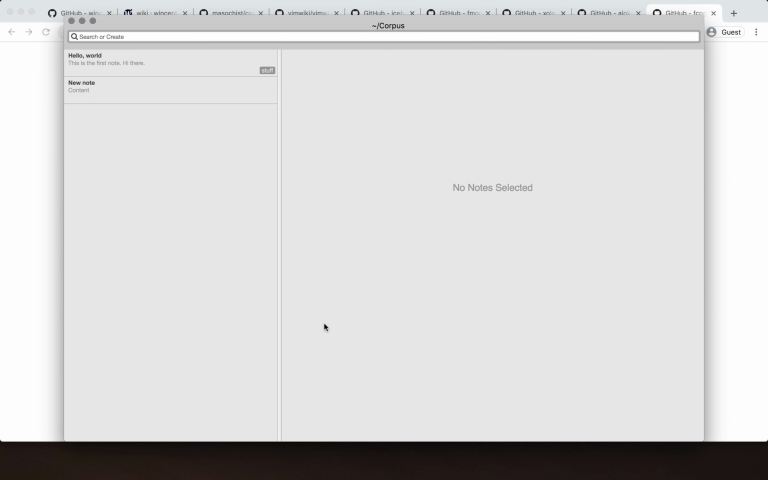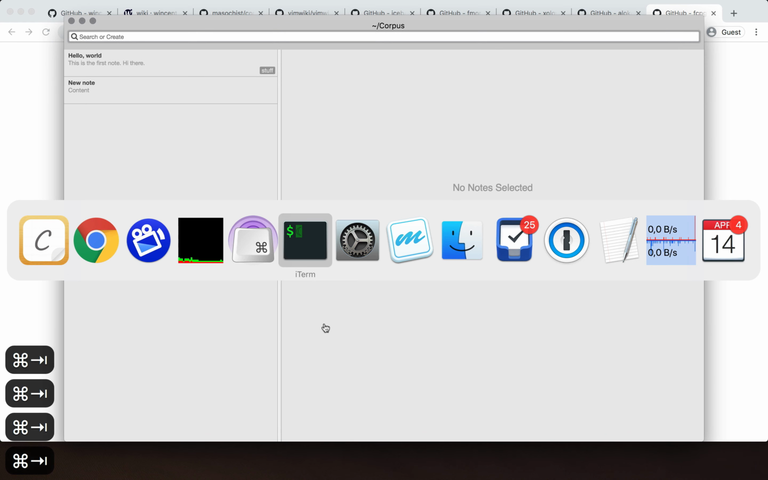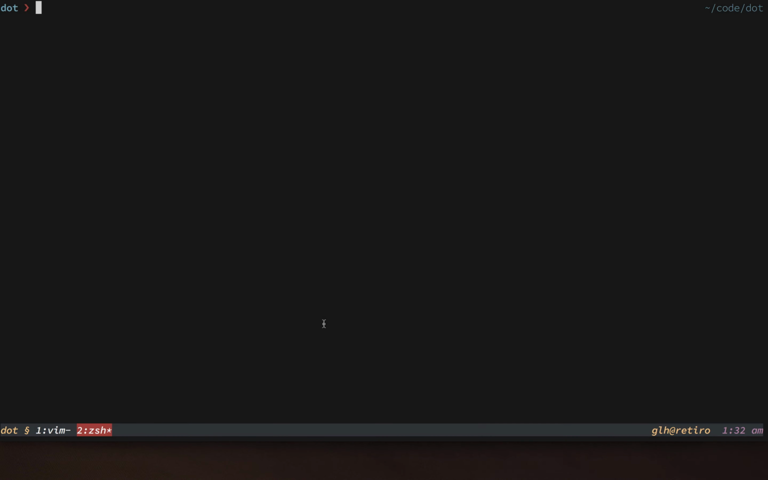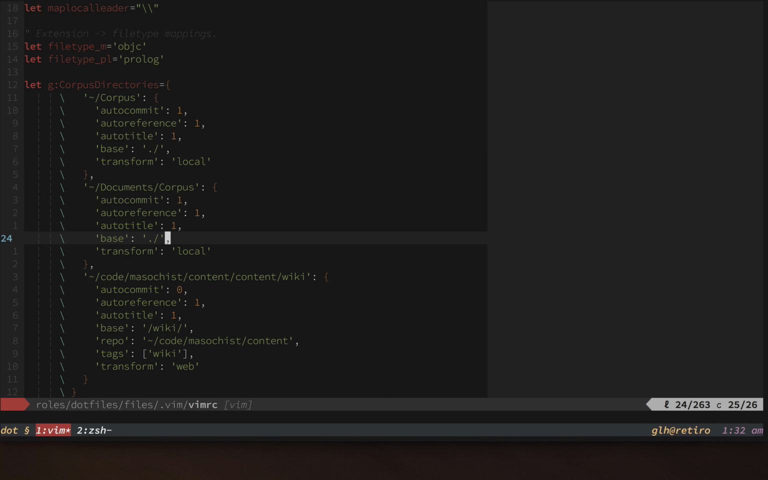Okay, so that's Corpus. Now let's cut over to Vim, and I'll show you what I've got working so far in my Vim-based replacement for this. So I think actually I'll start by showing you the config first of all. Basically, this thing